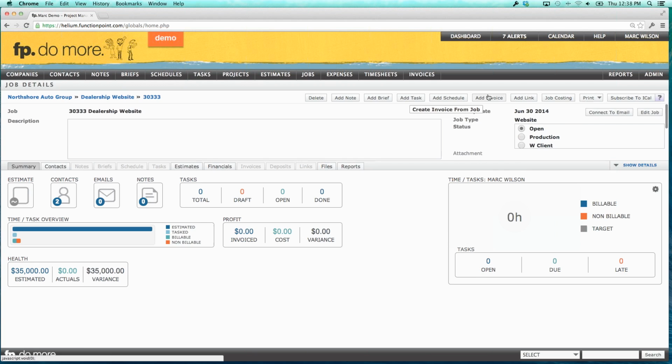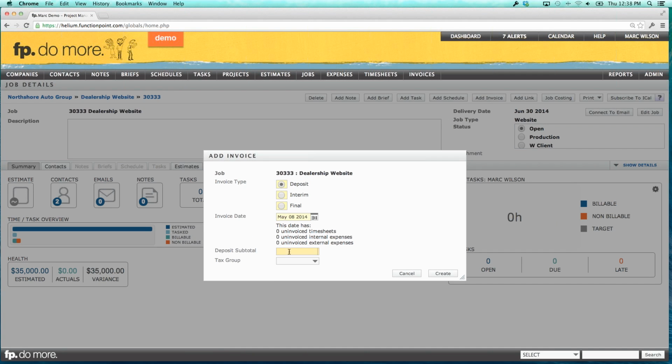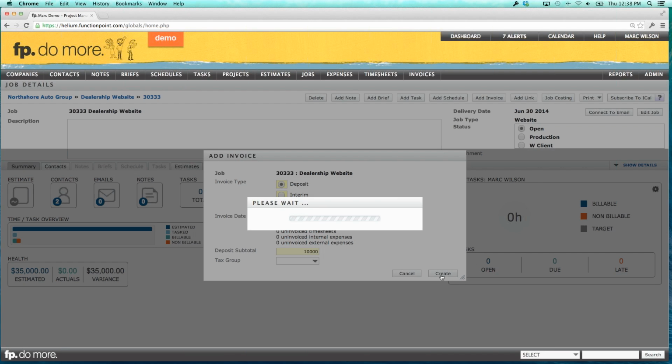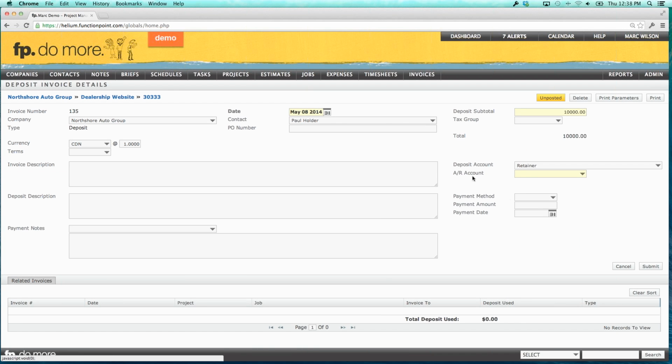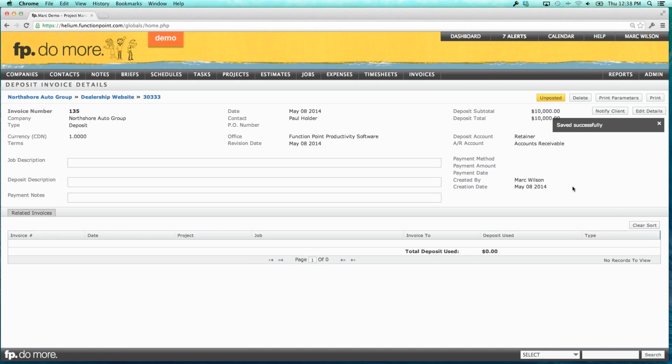So what we're going to do is we're going to choose to add an invoice, and it's going to be a deposit. It's going to be for $10,000. Create that. That's my deposit created. Now the AR account, this is something that is mapped in the back end, and I'm not entirely sure why it's not autofilling. I was asking one of our support staff about that before the webinar, and we'll have to take a look at it because that should autofill because it is mapped correctly in the back end. But right now it's not autofilling for me, so I'm needing to select the AR account. Just like before, if I try to submit with a yellow field blank, it's going to turn it red. So I'll select that, hit submit. I have a deposit for $10,000. I post it,